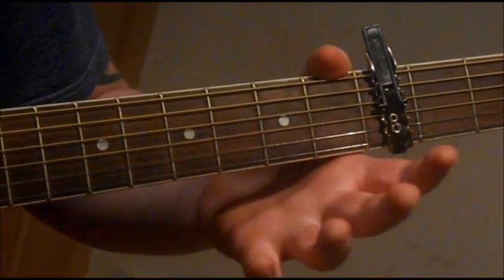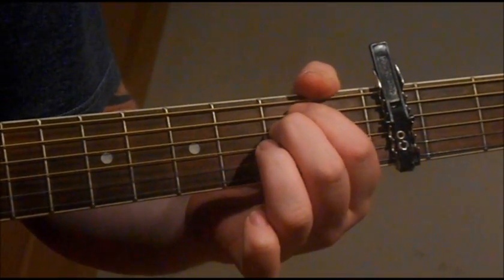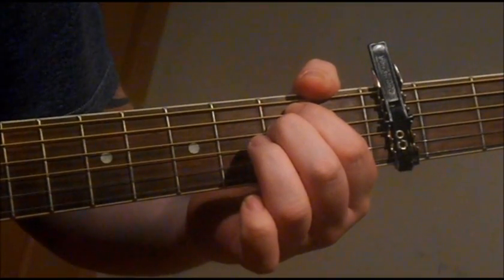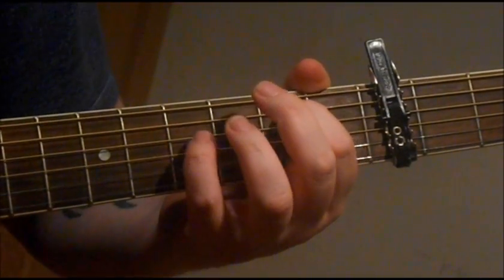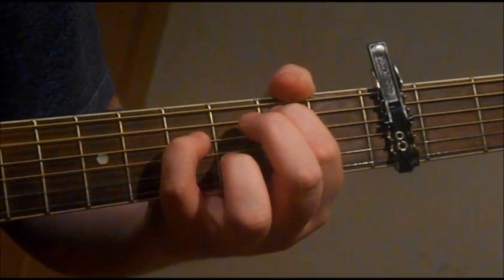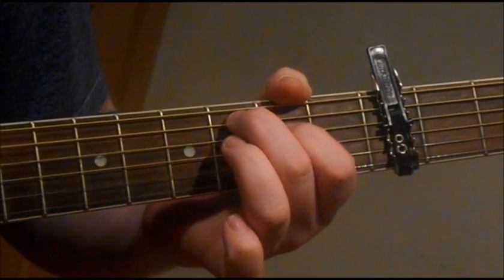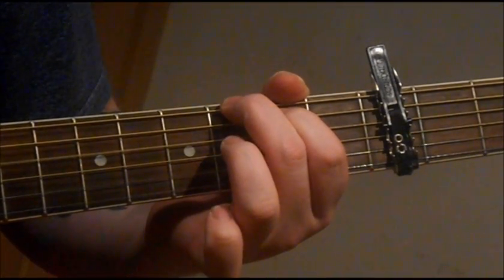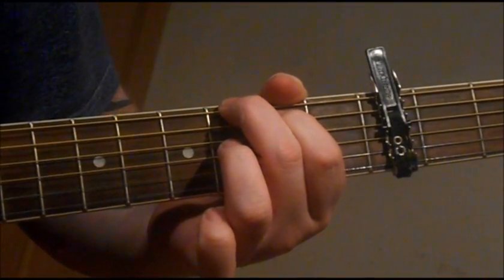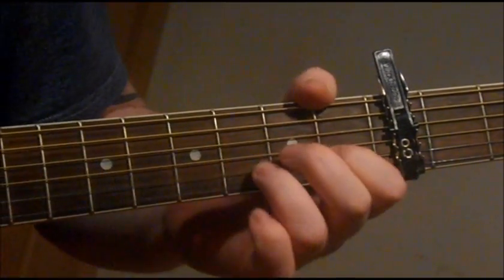Right, so you're back to the start of the verse now again, so you're back to E minor, and the very same way again. Same power chord again, very same way. Same chord again. Now this is where it changes. So from that bit,